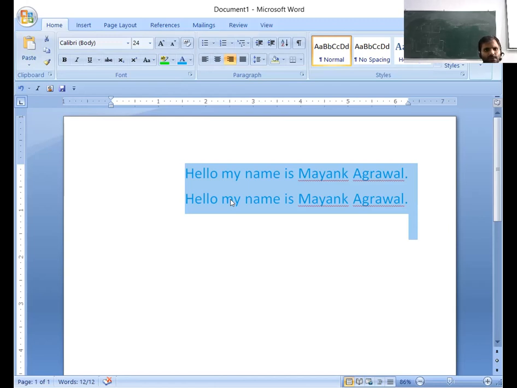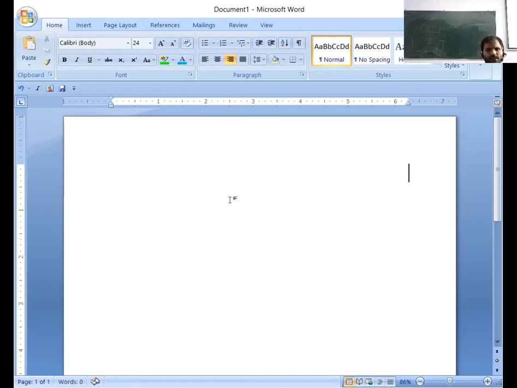Then we are shifting our other line text to the right, keeping some space to the left. So using the indent option, we can also shift our text to the right, just like hello.